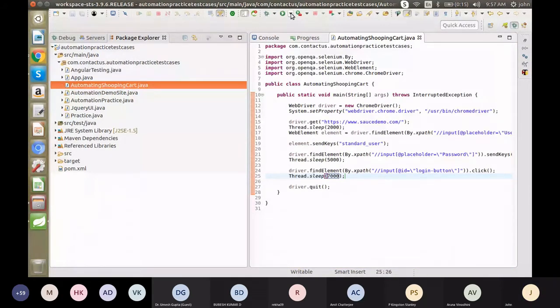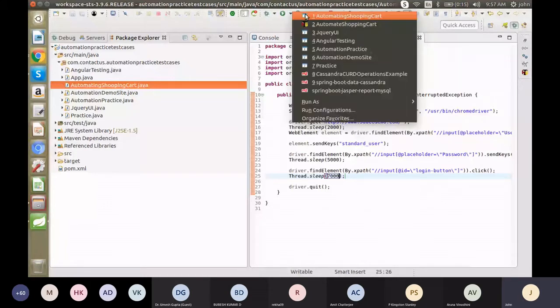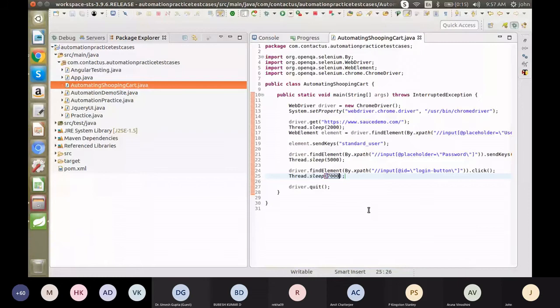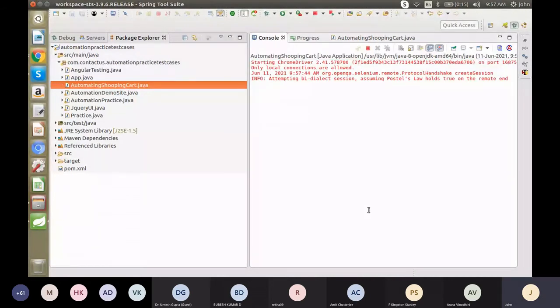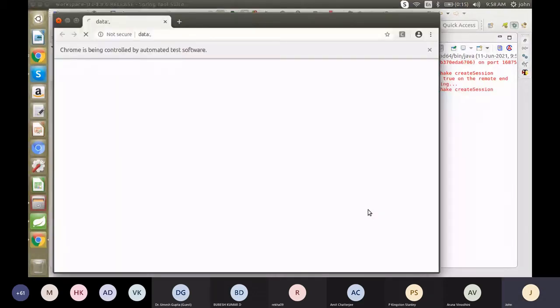So I'm running it again. So it is started. Now it should go to the login page.